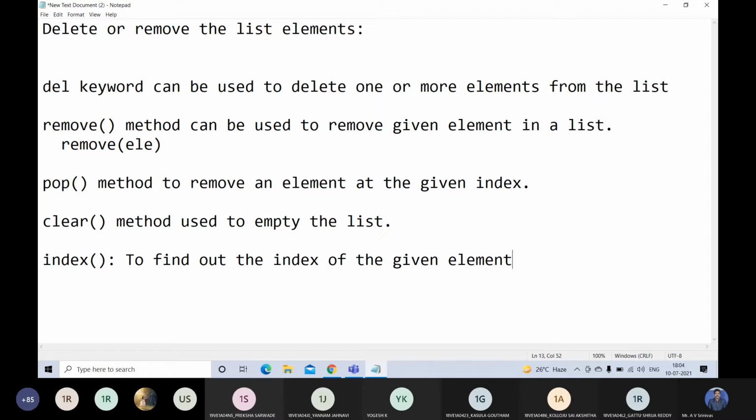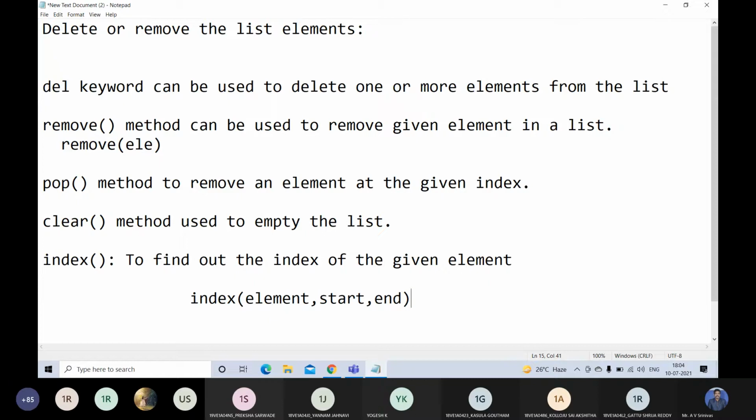To find out the index of the given element, we use the index method. The syntax will be like this: index of element, start, end. Element comma start comma end.